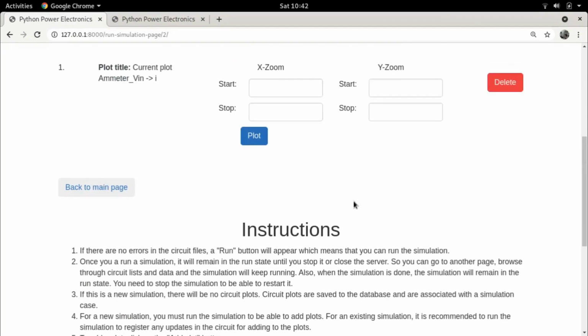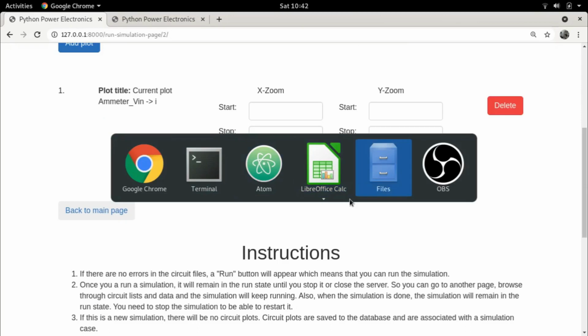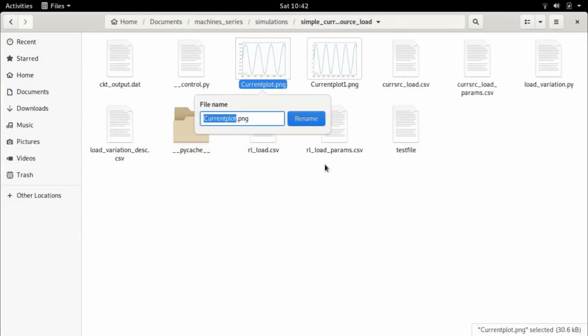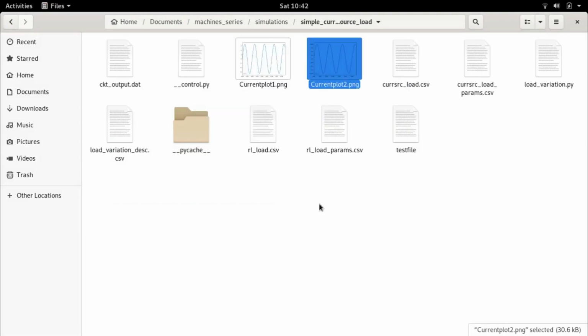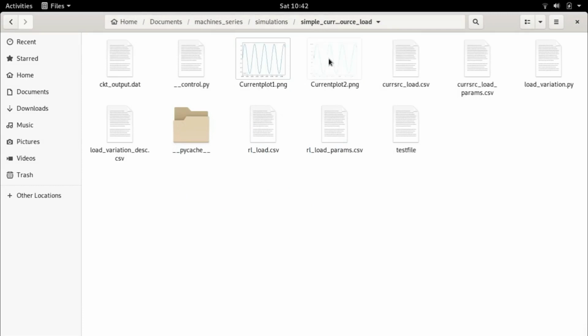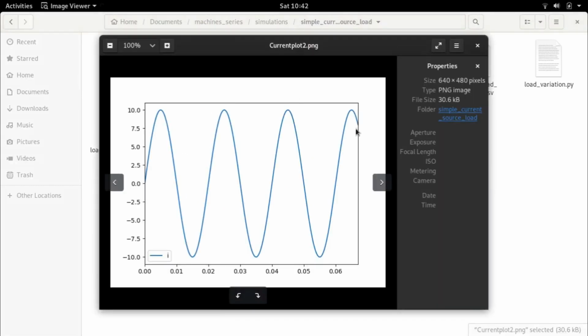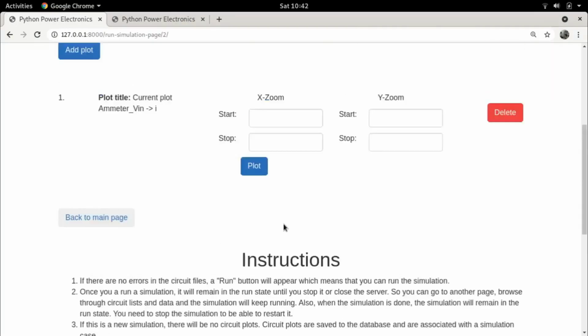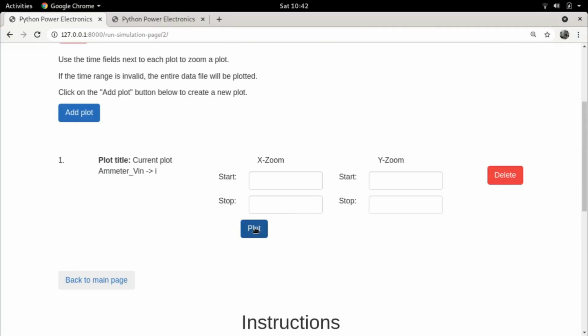So now that the simulation is running, let me go over again to the file browser and let me save this also. I don't actually have to, but let's save this. So I have the first one, which is basically the current when there was absolutely no voltage generated, and the second one was when I was generating the current according to a sinusoidal reference. Now let's see what we get when we try to simulate this RL load. So I'm going to click on plot,